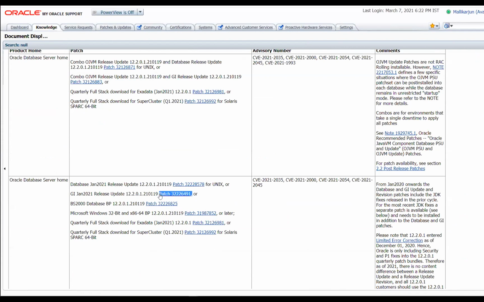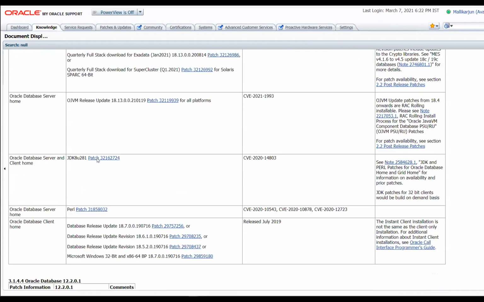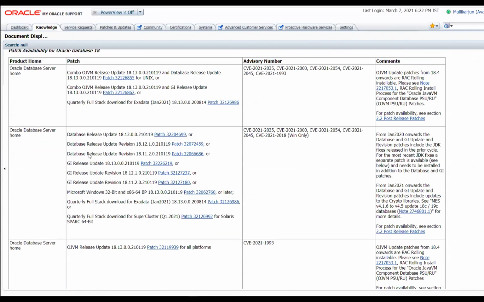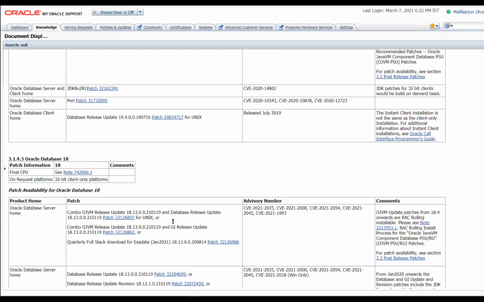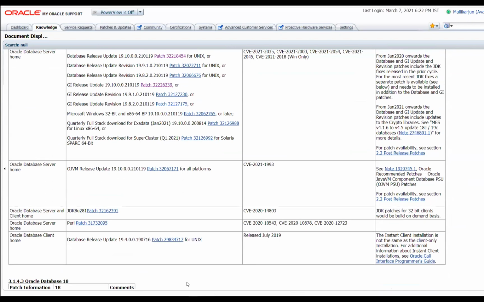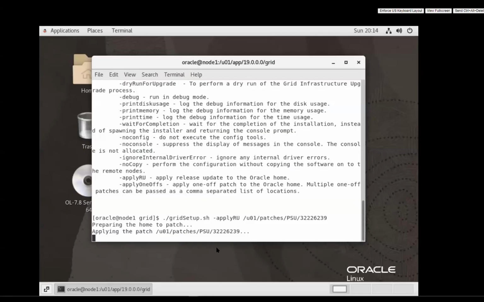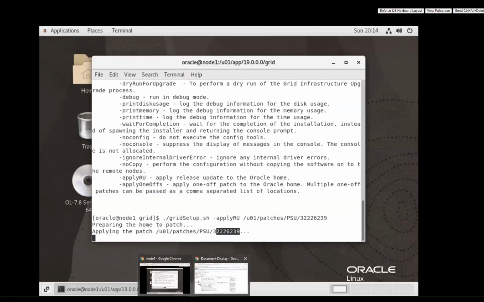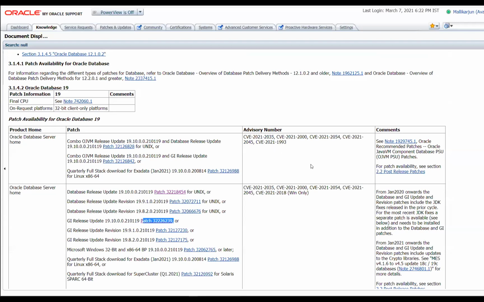I downloaded this patch and applied it on both the nodes. And for 19c, I downloaded this particular patch, and I'm applying that patch now. If you see here, this is the patch. It's applying now.